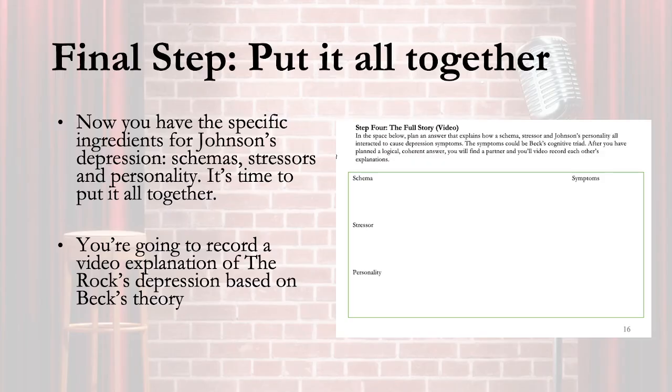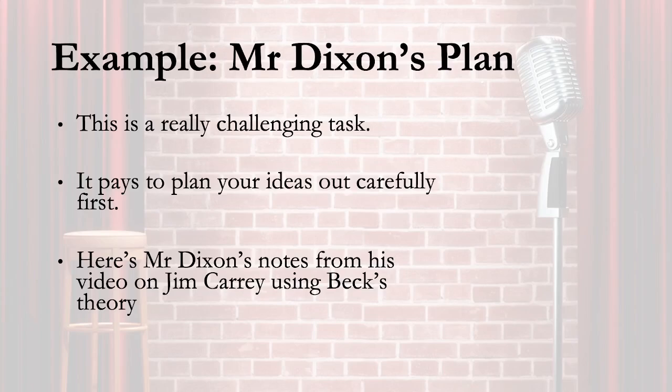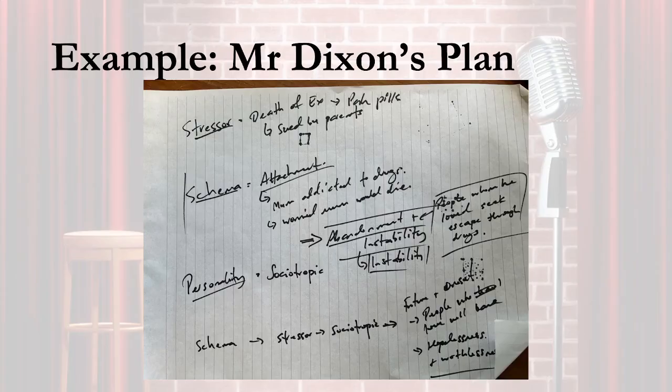Now, instead of just writing a simple summary, I thought it might be better to make a video. And they can watch this later when they're reviewing for their exams. I realized this is a really challenging thing to do. So I think as a general rule, anytime we get students to do something, we should do it ourselves. Not only does that create an example for them to follow, but it also helps us figure out if what we're asking is realistic, if our instructions are clear, and if our scaffolds are correct, and it gives the example. So this was my plan.